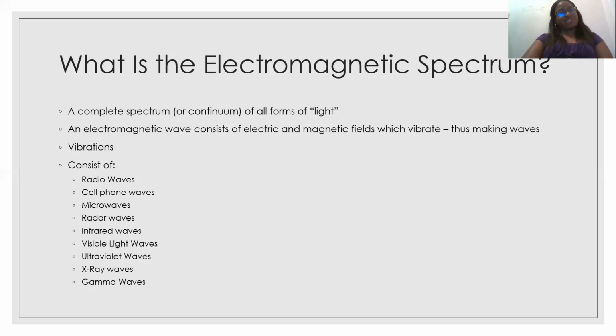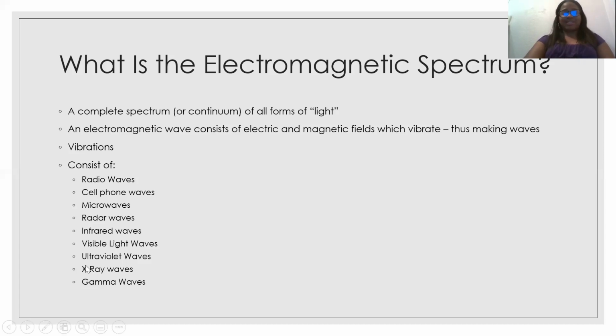So, what is the electromagnetic spectrum? A complete spectrum or continuum of all forms of light. An electromagnetic wave consists of electric and magnetic fields which vibrate, thus making waves. The entire spectrum consists of radio waves, cell phone waves, microwaves, radar waves, infrared waves, visible light waves, ultraviolet waves,